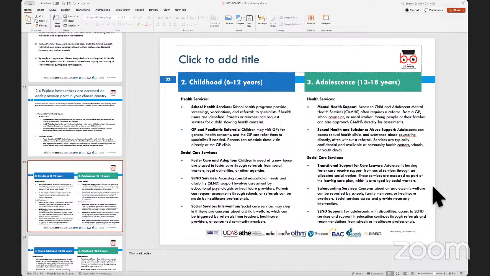So at early stages, in primary and secondary school, the first training or program that is normally organized by the NHS is training on, for example,